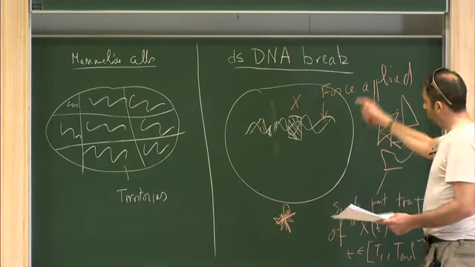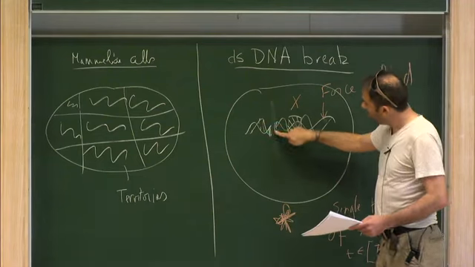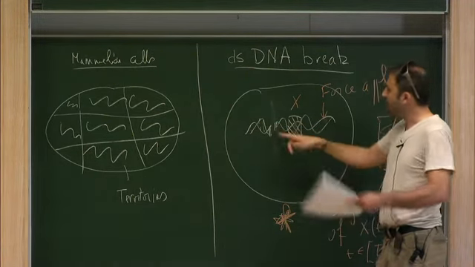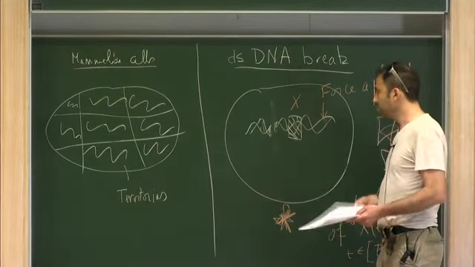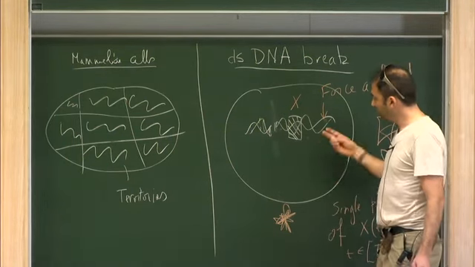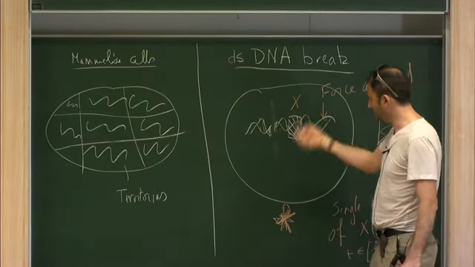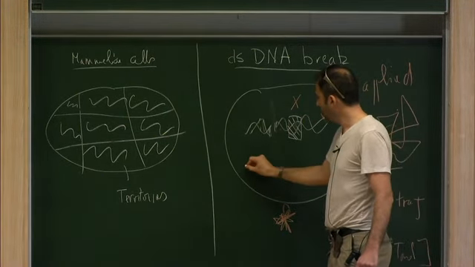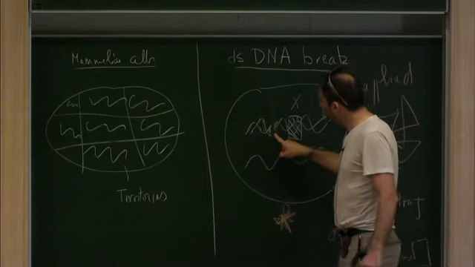Okay, so just to continue on this, there are two modes of repair. Either you glue back this part with that part. This is called non-homologous end-joining. It happens in some conditions. But of course, if here